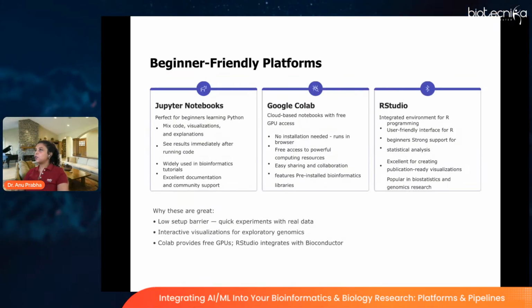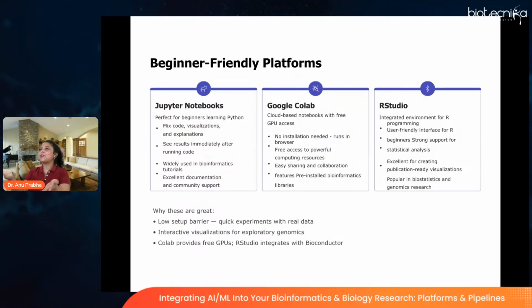Okay. So I have just put this. I have, like, long back used some of these, but then we moved to better platforms. But these are some of the beginner friendly platforms that I would like to bring your attention to. Why these are very important for you to try out for yourself if you are a beginner, because it doesn't take a lot of time to set up.